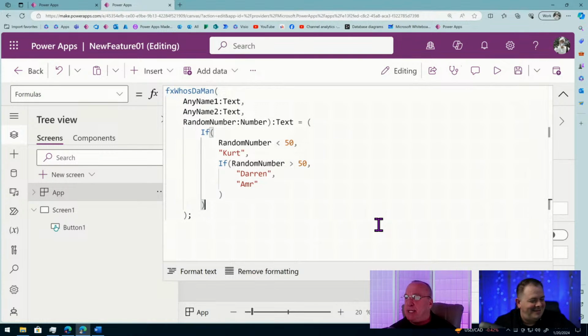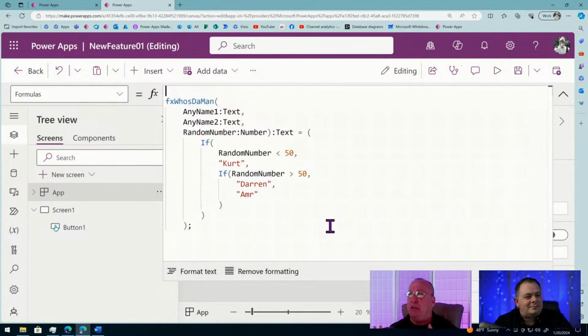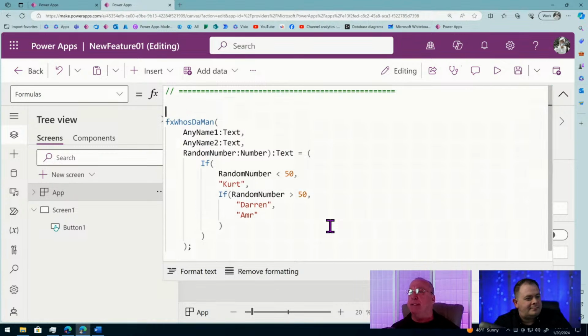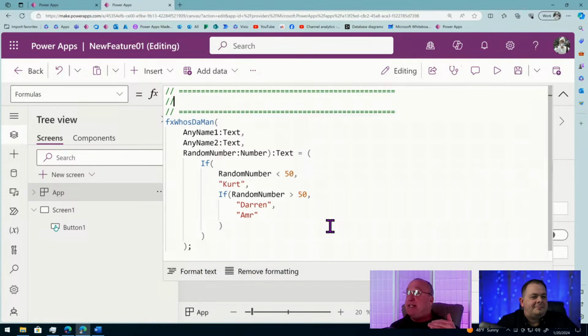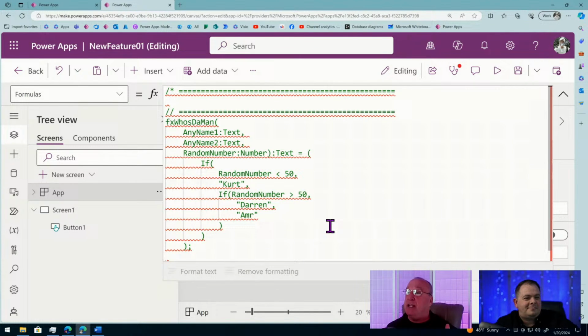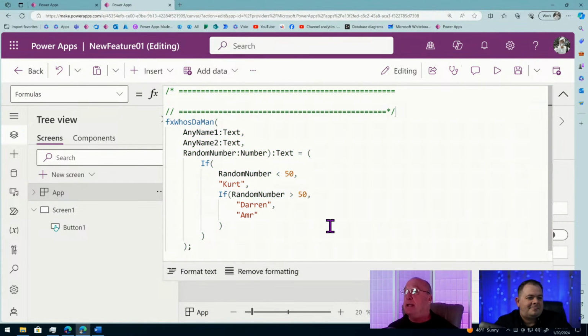But when I was teaching, the biggest thing I hope I can express to you guys is that it's so important to have control over your program. If I can't teach anything else, it's that you must have control of your program at all times. And what he has right here is a perfect scenario where he says, look, if this thing is less than 50, I'm not even going to go any farther. I'm going to hit Kurt and it's going to go out. But if it's not, then I'm going to check and see if it's greater than 50. And if it is, then I'm going to stop. Else, I'm going to give it to Ammer here because there's only one letter, only one thing left, and that's that right there. So he has perfect control of his program.